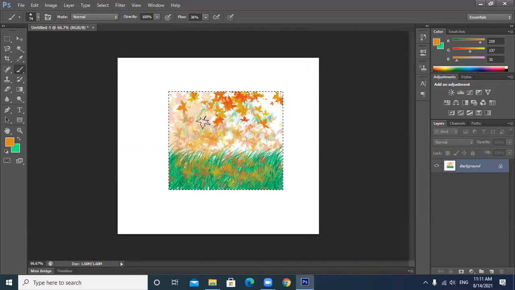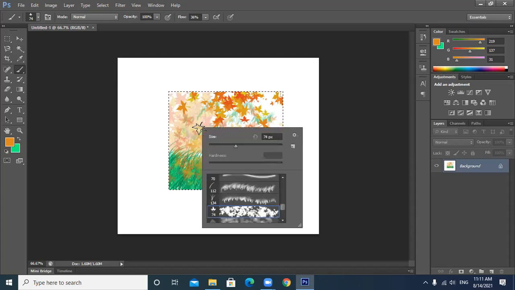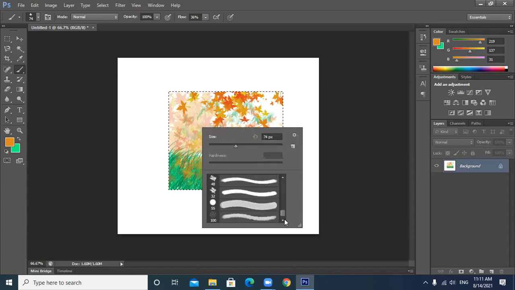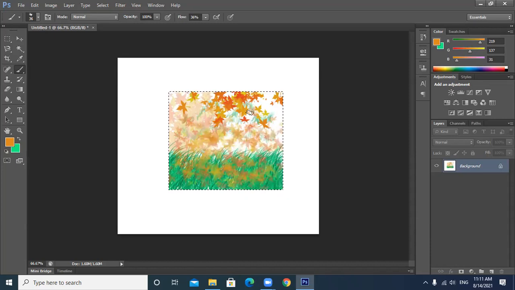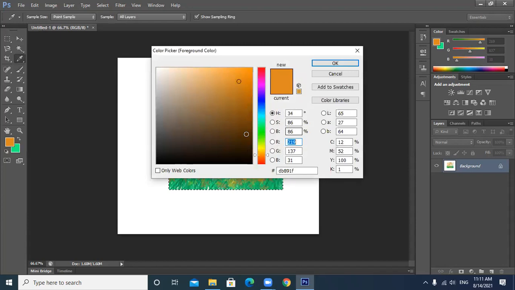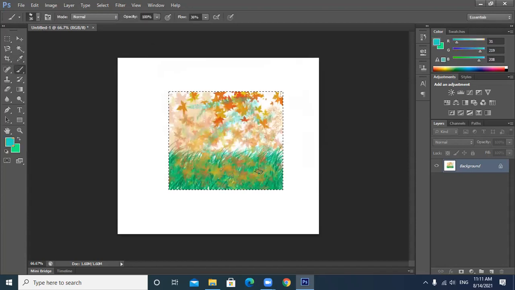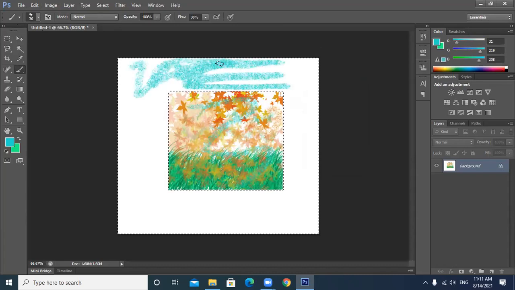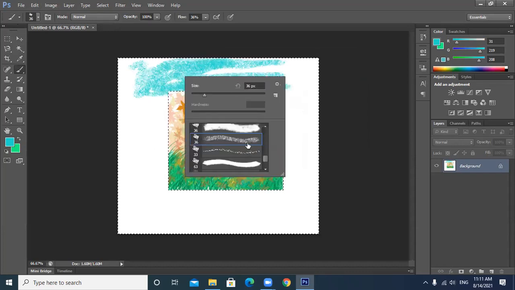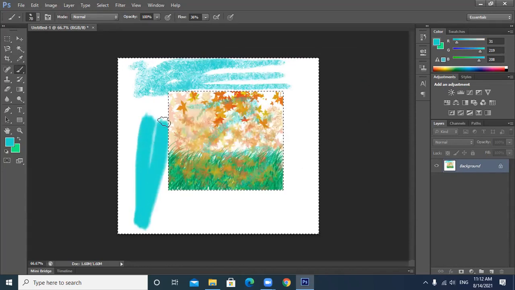So these are the preset brushes which are available. Either you can directly right click on the canvas and choose the particular brush from here, or you can directly choose it from here. If you want to inverse, press Control plus Shift plus I, so you can paint outside as well. If you want to make any kind of borders, you can take any brush from here. You can set the opacity, the hardness of the brush, the size of the brush, like this.